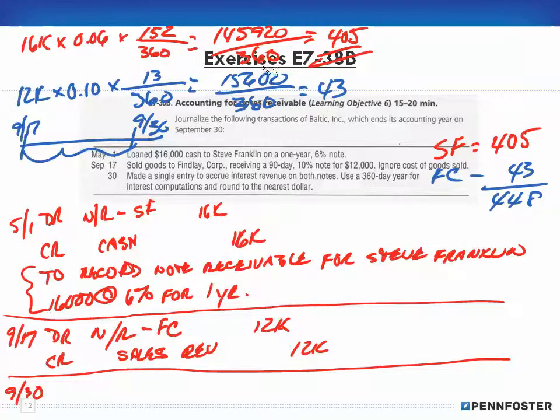Okay, so my journal entry. I'm just doing it down here. I'm on 9/30 to make the journal entry. Okay. I'm going to debit my interest receivable for $448, because remember, that's the interest we calculated, but we haven't received it yet. It's still owed to us. So we have an interest receivable account in which we put the 448, and